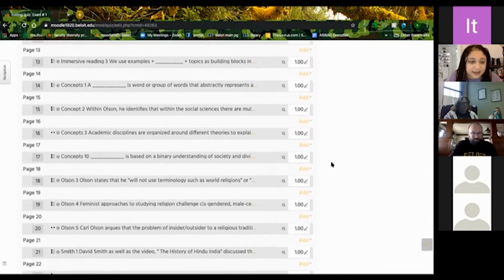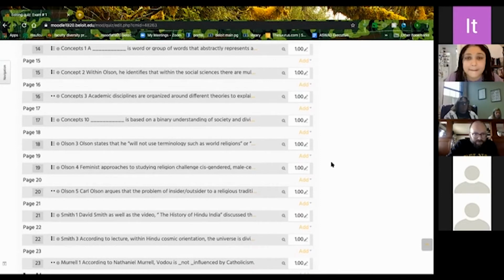So can I ask a quick question? Please go ahead. Just to make sure, when you have the pages set up here, it's going to go in that order even if you have it set on random. Excellent question. Even though it's set up this way, it's always going to randomize. It's going to randomize the questions per user. It's going to randomize the answers per user. So even if Joseph, you and I are taking this exam, your page 15 or question 15 is not going to be my